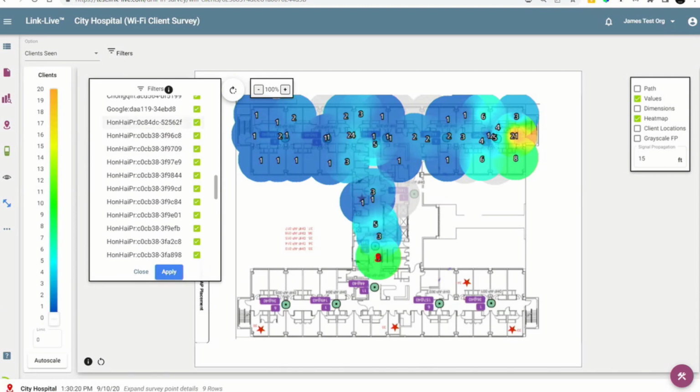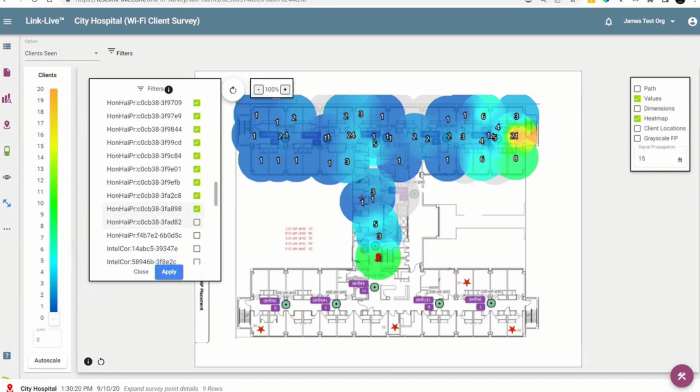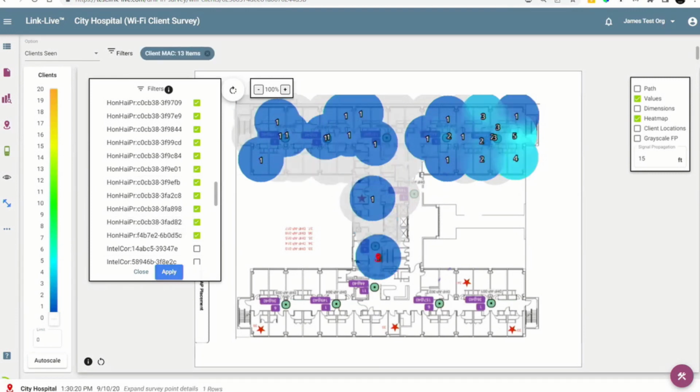And then let's say I just wanted to focus on these guys and understand what's the story with these guys. So I'm just going to click off those guys real quick to filter on them. And one, two more, apply that. Okay, here's all the places that I saw Hanhai Max. Here is